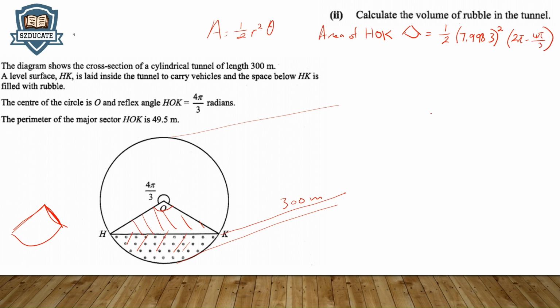And this will give me the area of that sector. Okay, I'm just going to do one more step before I press my calculator. Now 2 pi is actually 6 pi over 3, right? 6 pi over 3 minus 4 pi over 3, I'm going to get 2 pi over 3. So it'll be easier to press the calculator now. I'm going to press it in one go, and this will give me